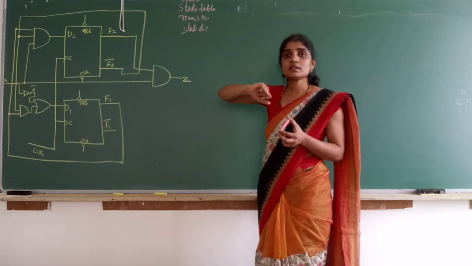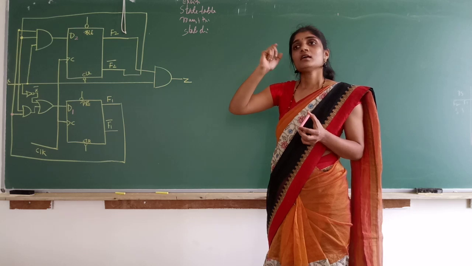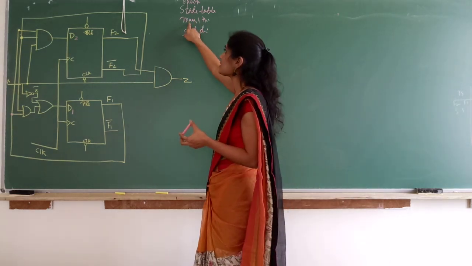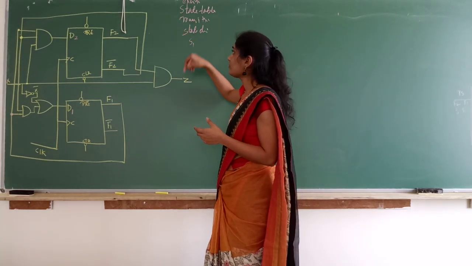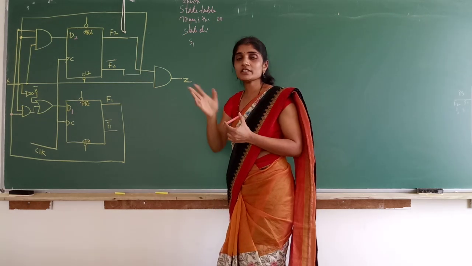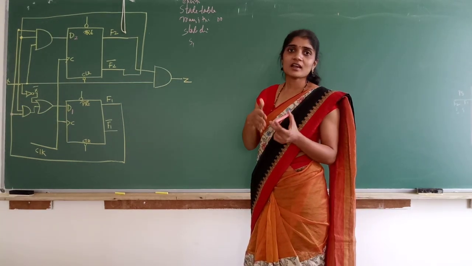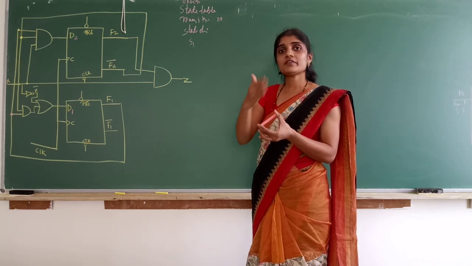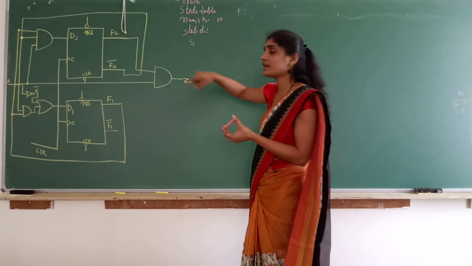What is a transition table? In the state table, each state is given by a symbol or by a name. But in the transition table, they are represented by the variables. For example, in the state table, if we call state 1 as S1, in the transition table it will be called 0, 0. That is the only difference. They are all one and the same. State table, state diagram, they are the same. Again, state table and transition table are one and the same, but they are different ways of writing, step by step. From that, finally we will be writing the state diagram.